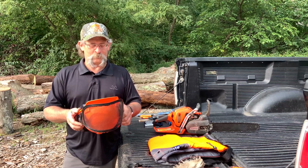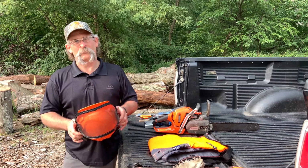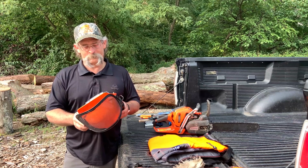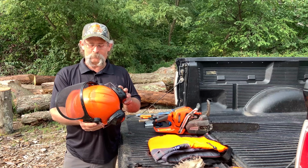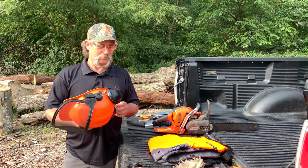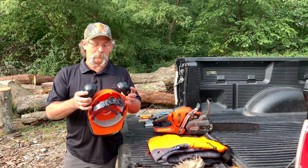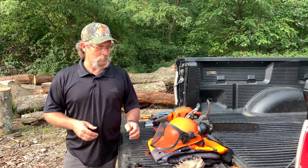OSHA recommends 3 to 5 years on a replacement cycle. So if you can't remember the last time you bought a new hard hat, it's probably time for a new one. They work very well. Unfortunately, I've had the opportunity to find out how well, but they do their job. And I'm very thankful that I had mine on the day that I got hit. So the hard hat's an important thing to have on your head, protecting your eyes and your ears, because you only get to use that